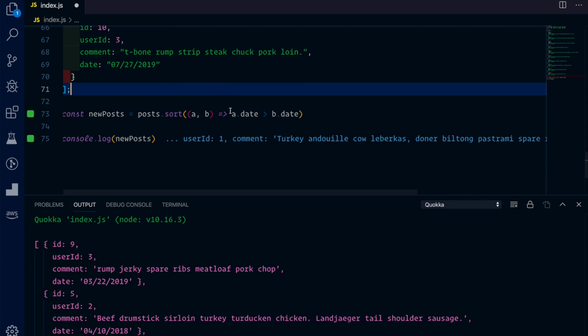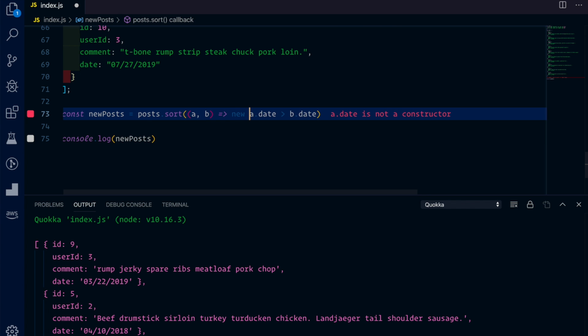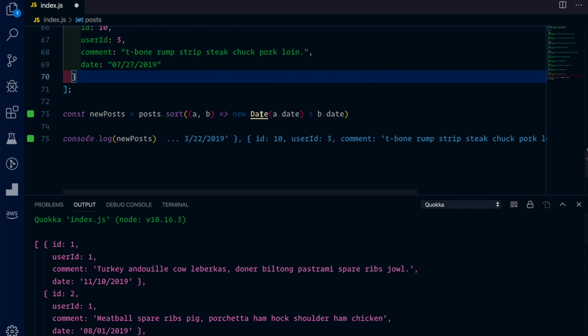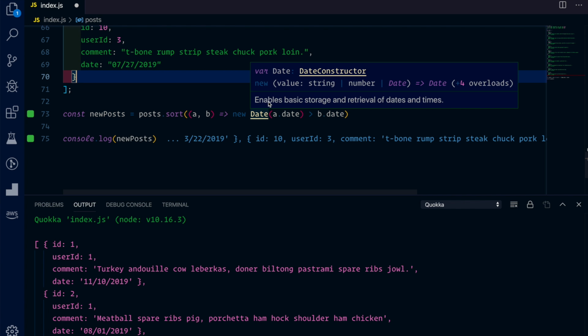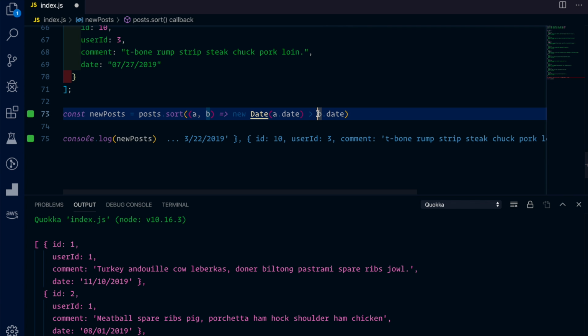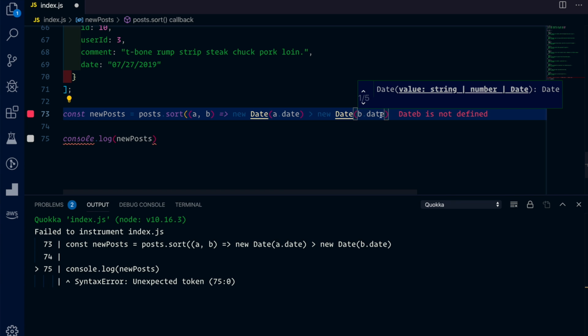Now, again, we would need to use that new Date in order to let JavaScript know that it needs to parse it like a date. So if I hover over this, like I love doing, we're going to see it says it enables basic storage and retrieval of dates and times. And then if you go over here, it says Date constructor, and it tells you that it takes in a string, a number, or an actual date, and then it turns all of it into a date. So feel free to go into MDN and take a look at all of the cool stuff that you can do with that. There are a lot of things, but we're going to finish this off over here